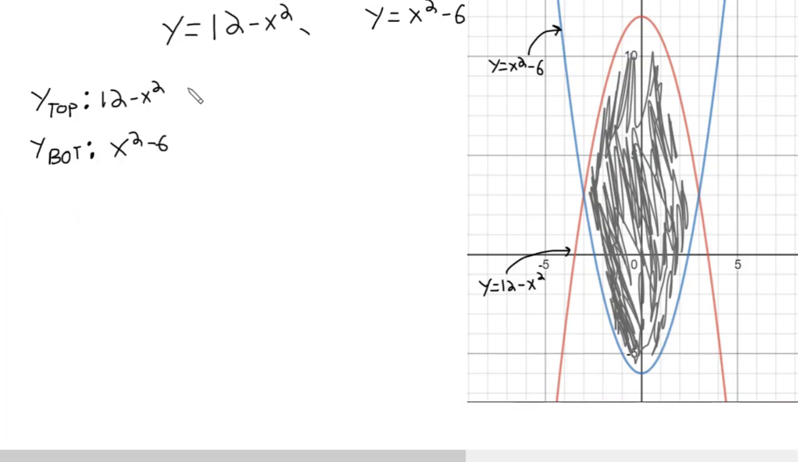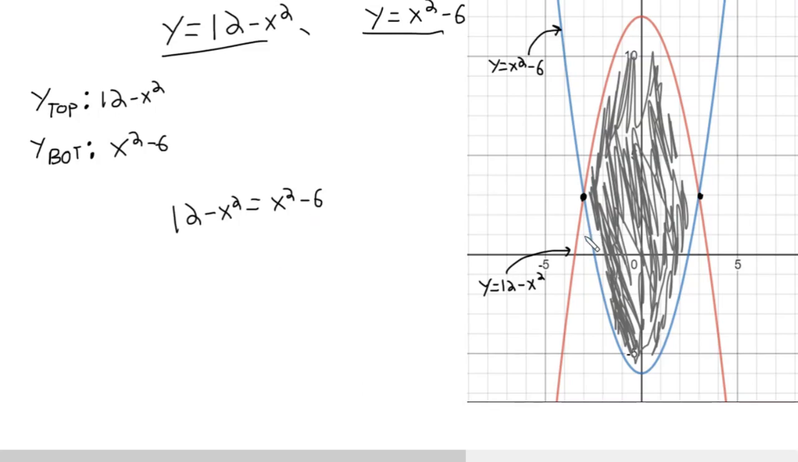A surefire way to find out where these graphs intersect, because I want these 2 points right here. I want this point in black and this one right here. So to find out where these two intersect, simply set them equal to each other. So if I do 12 minus x squared equals x squared minus 6, I can basically just solve for x